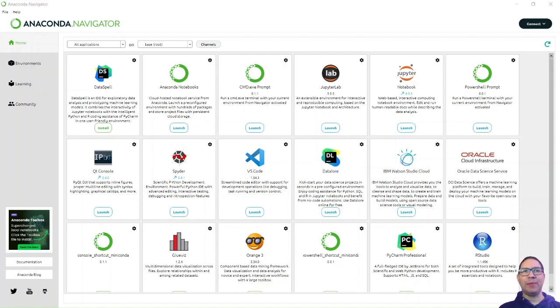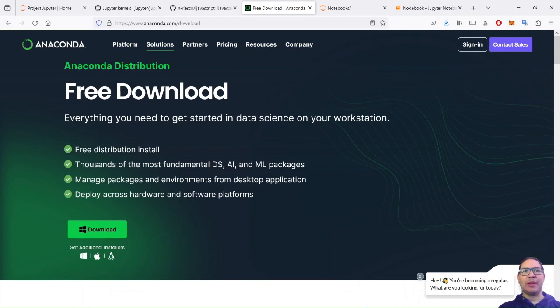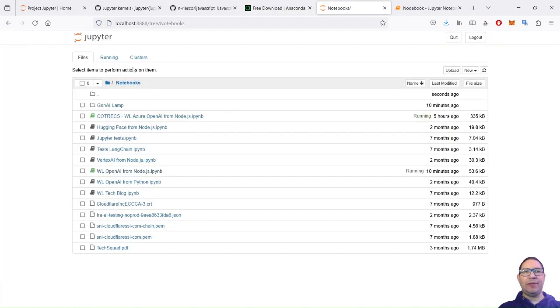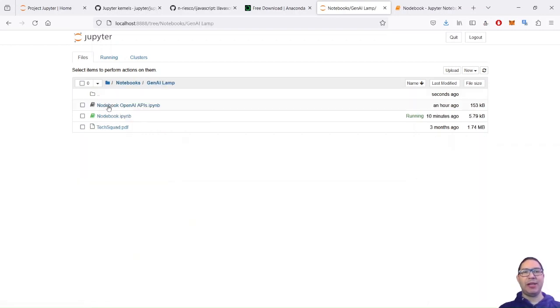When doing so, one page opens in my browser with a list. It's basically navigating my local folders, in my notebook folder on my hard drive. And here in my GenAI lamp folder, I can create new notebooks. You can see the notebooks that are already ready here for use.